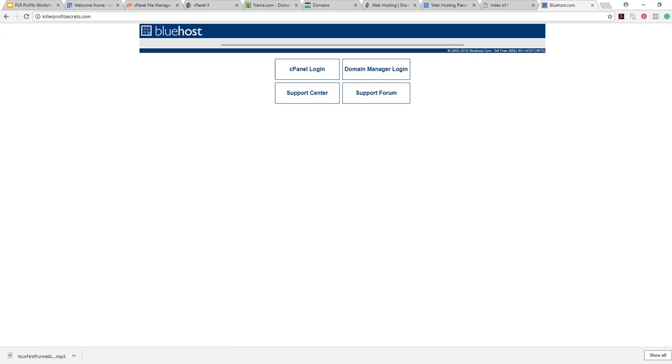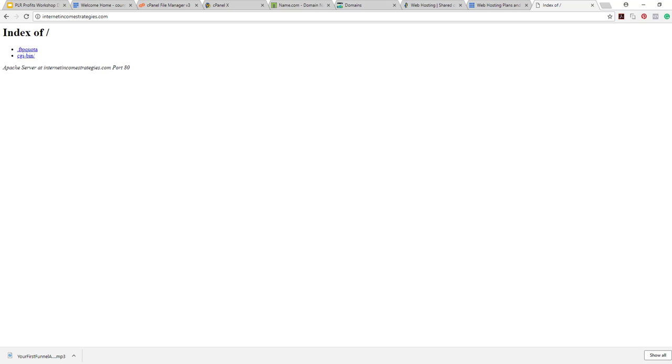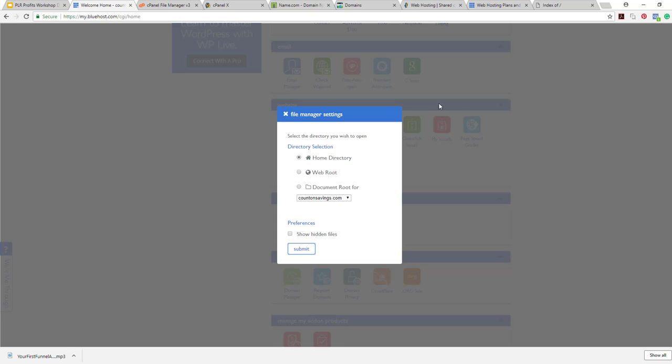Now I found that Bluehost will take a little bit more time, so that's why we're going to go with HostGator for this example. Bluehost might take 12 hours, might take a little bit longer for it to all propagate out. So just keep that in mind. Okay, so we're going to go ahead through the process of setting this up on HostGator,